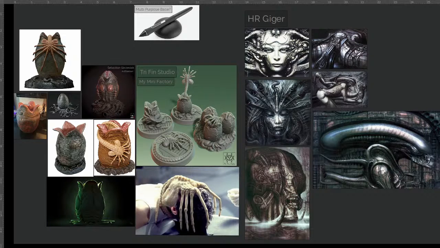And I think we can move away slightly from the traditional alien movie egg on the left, the classic iconic egg, and bring it more in line with H.R. Giger's work I've put on the right,